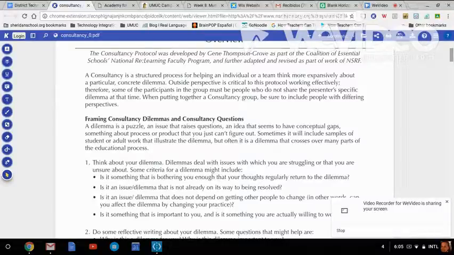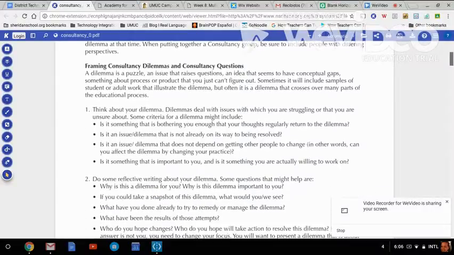It's something that people feel very, very strongly about one way or the other. And so this protocol is designed to help people go through a process to come to a solution. And it's kind of a format that helps us stay neutral throughout the process. So we are going to follow these steps. And first, in number one, we're going to think about our dilemma, and we're going to come up with some kind of real ways that we can deal with issues around why we feel one way or the other